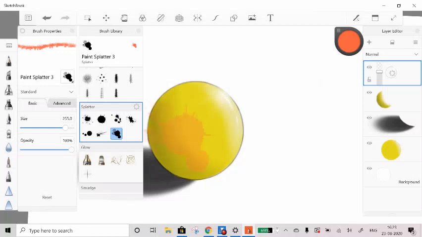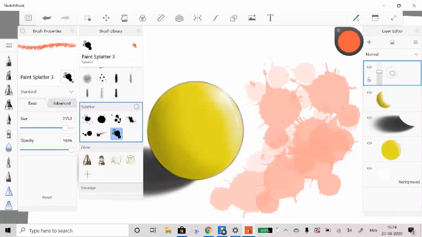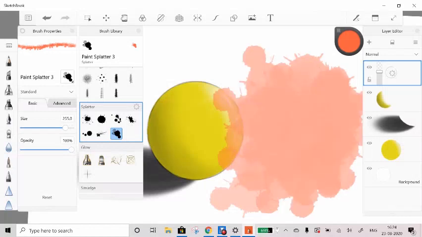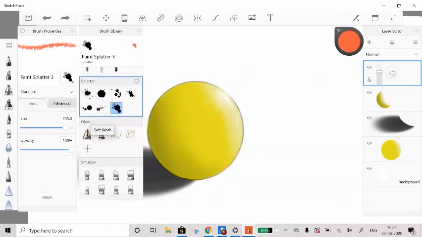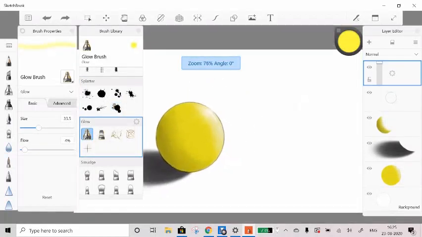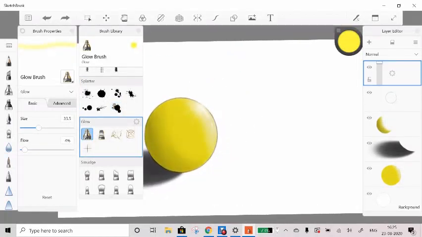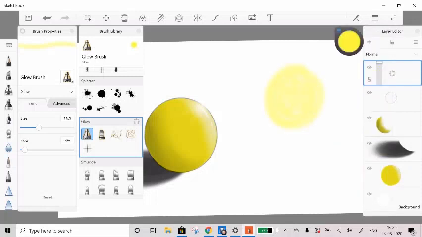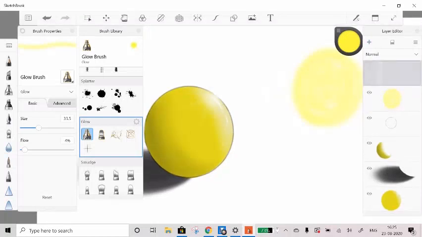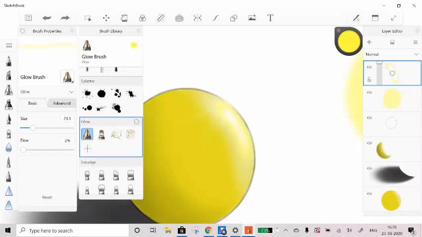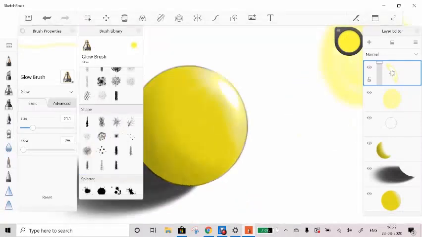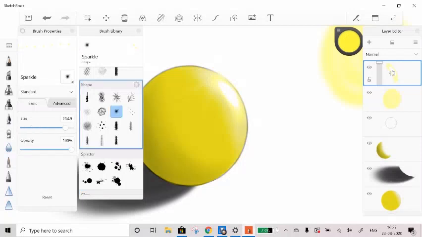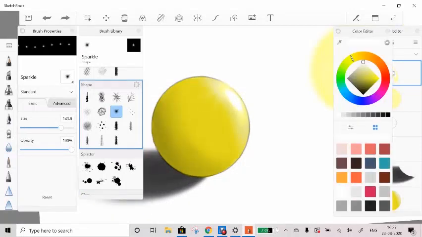Again, in the brush library, if you want to show a color splatter, you can either just click or make a whole line or shape out of it. Now in the glow option, if you want to show a glow on our ball, suppose there's a sunlight coming from this side, suppose this is the sun, we will just first of all, very important thing, select a new layer and show a glow over here. And again, we can go back and select the sparkle tool. We can just show a little bit of sparkle.